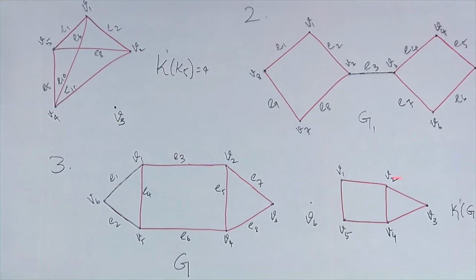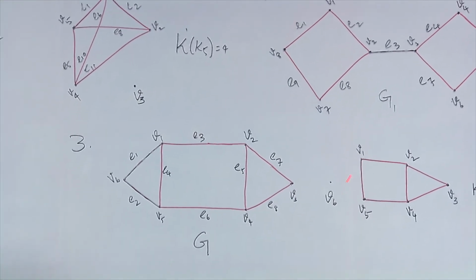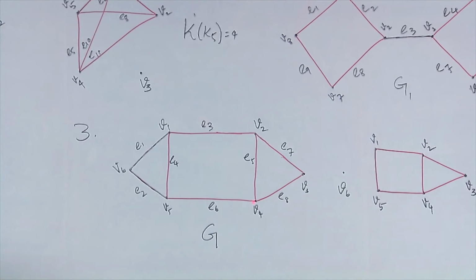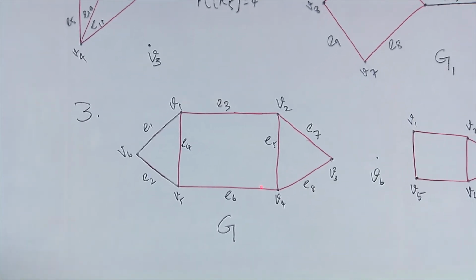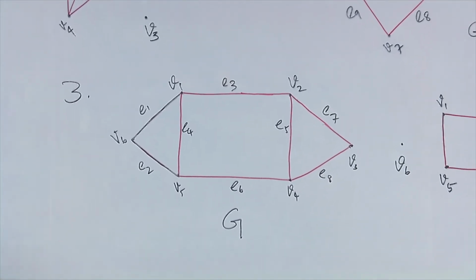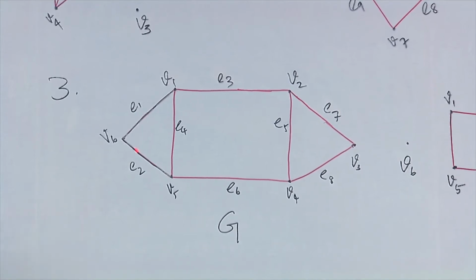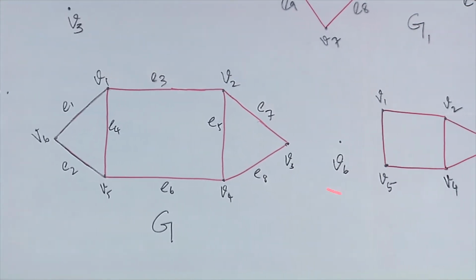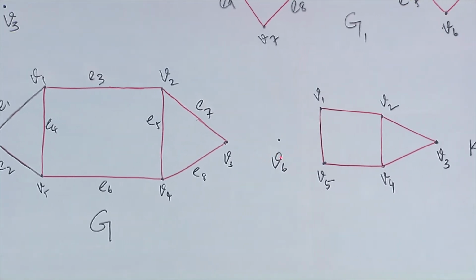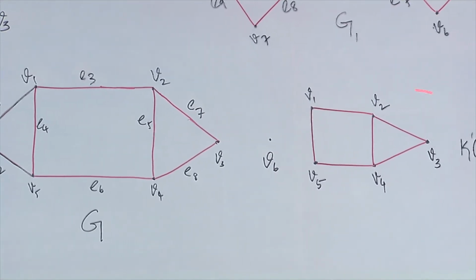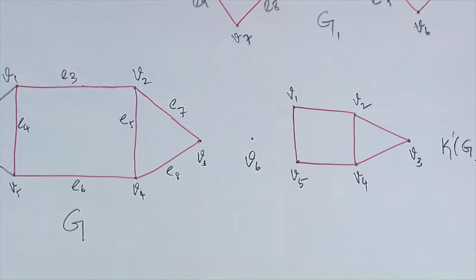Let us see some more examples. This is the graph G, for which we already found out the vertex connectivity. Here we are going to find the edge connectivity. So, here the edge connectivity is also 2, because if you remove the edges E1 and E2, we will get a disconnected graph, that is this graph. This graph consists of two components. One component consists of this vertex alone, V6, the other component is this. So, here I removed E1 and E2.